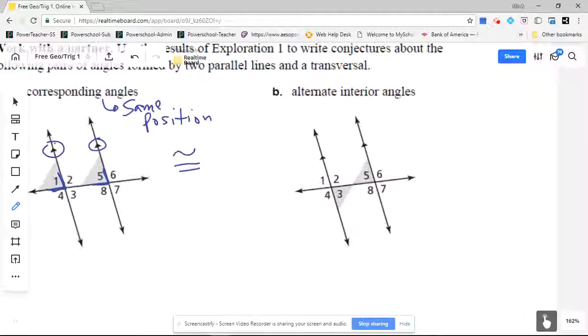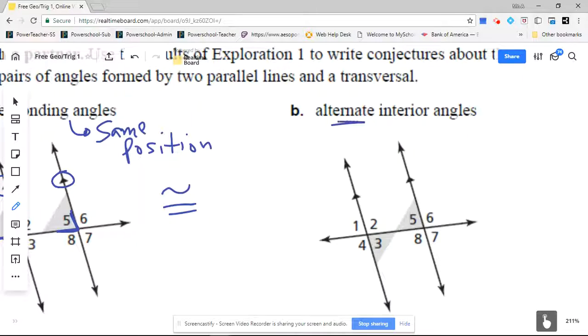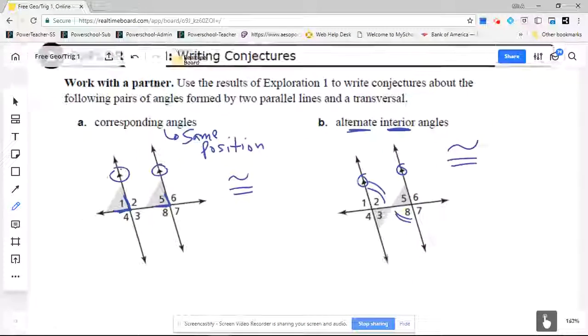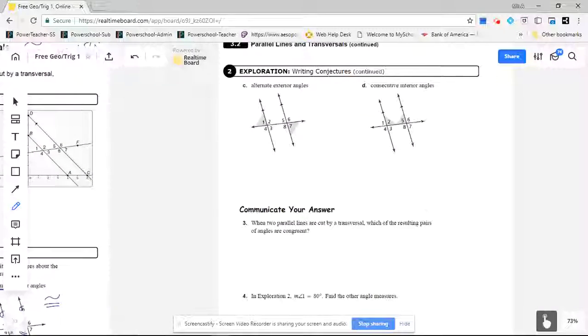So let's look at alternate interior. They're exactly what they say they are. They're alternating sides and they're in between two lines, interior. So they showed you two of them, 3 and 5. They're also a congruent pair. They're going to be two angles that are always the same. Your other pair of alternate interiors would be 2 and 8. They would both be the two obtuse angles that are an alternate interior. They're alternating sides. They're in between the two parallel lines. Notice how you circle the parallel symbols. If you look at letter C on the next page,